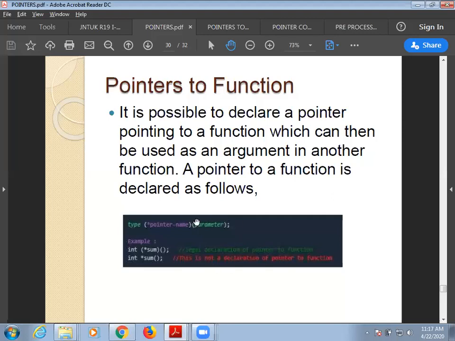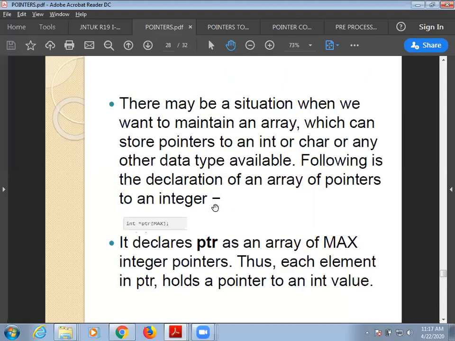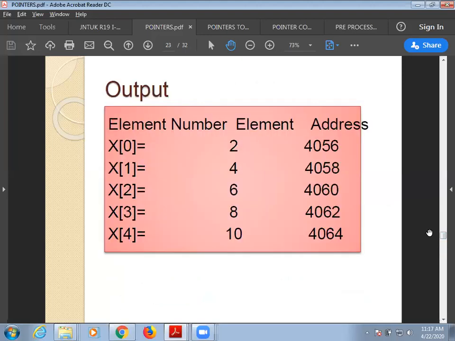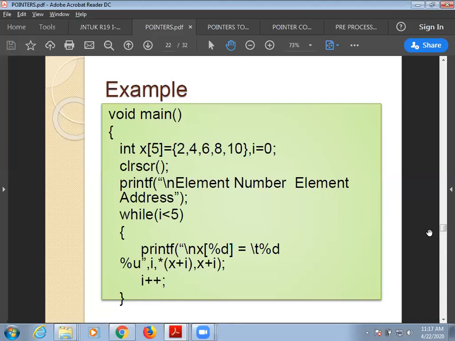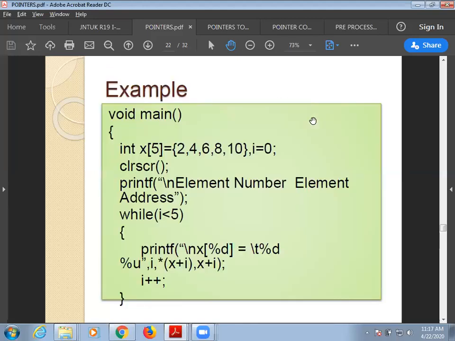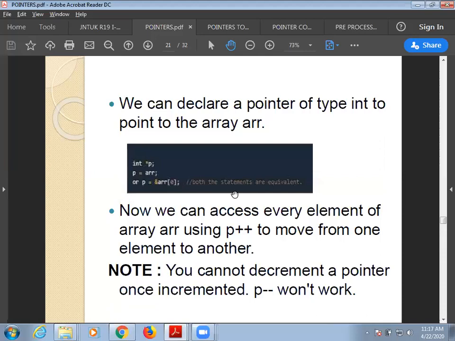Regarding pointers, so far you have seen what a pointer is, what a pointer to pointer is, and how to use pointer arithmetic, that is ptr plus plus, ptr minus minus. Then we have seen pointers and arrays, that is how the array name acts as a pointer to its first element.